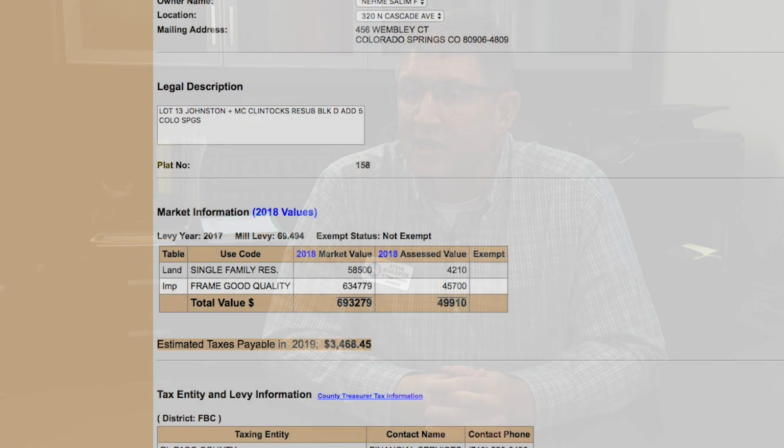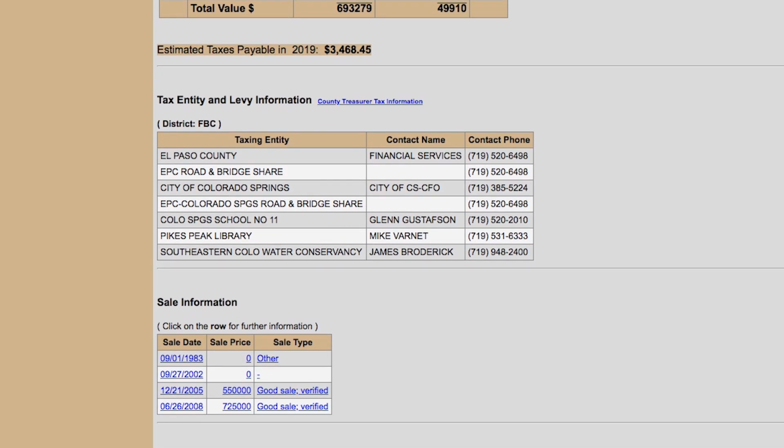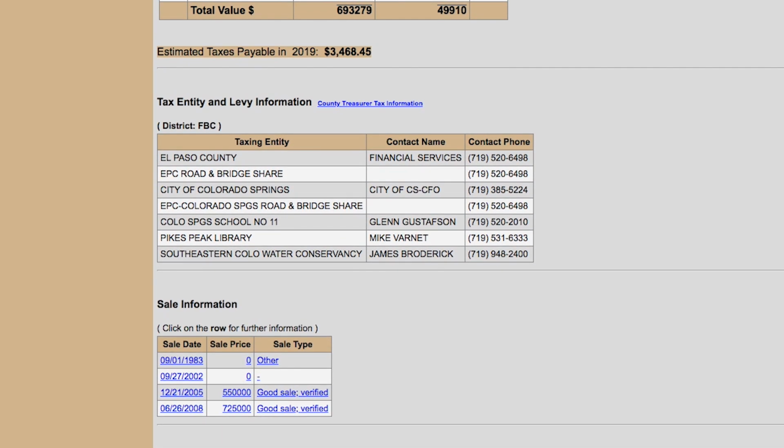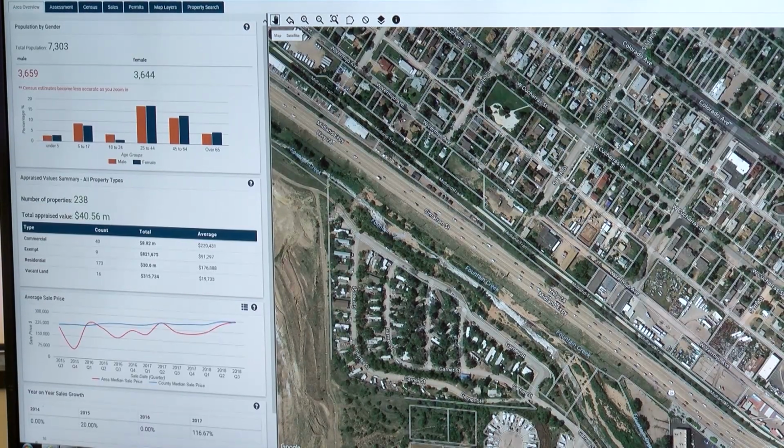On the current website, which is, again, a pretty popular website, folks are receiving information in regards to what the land value is, the improvement value, and ownership information. If there's any kind of sales information on the property, we provide that. Zoning, just a number of things that we provide on the website, and we're going to be adding to it with the new launch, where not only can you have building and land details, but ownership information, sales information,